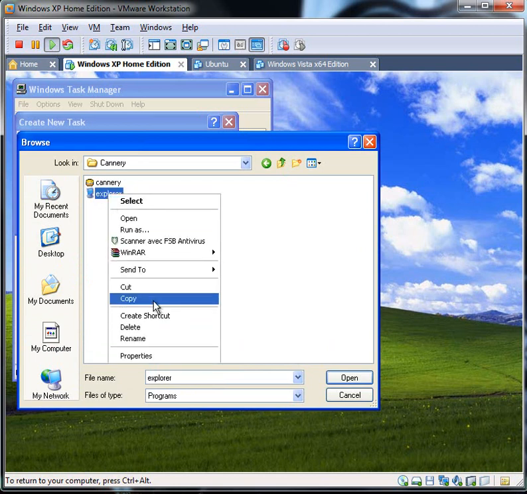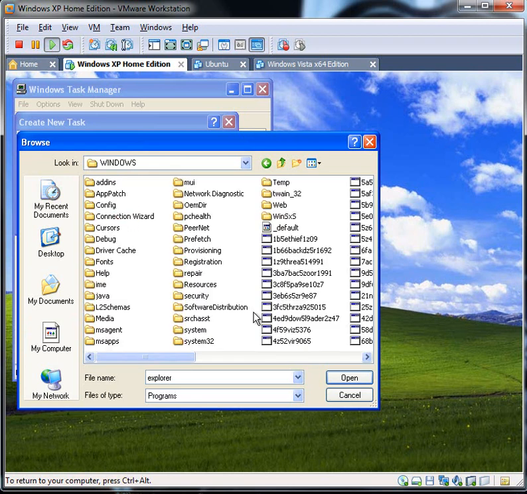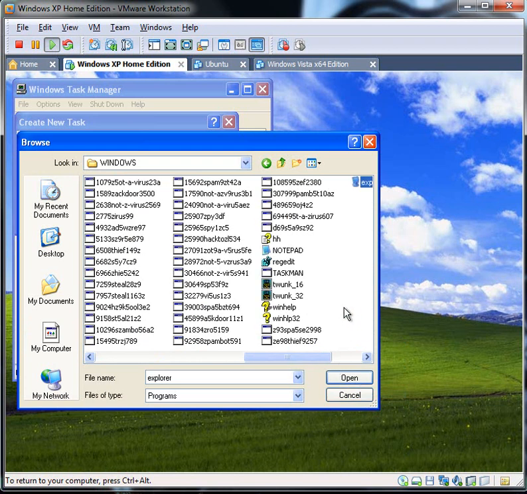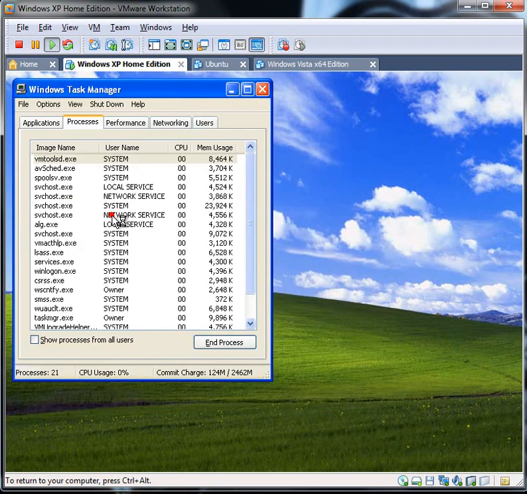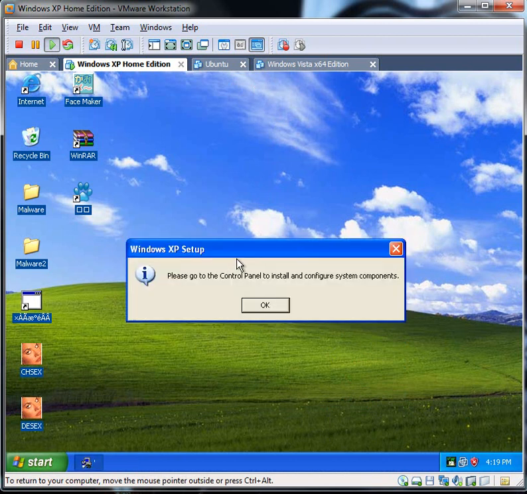We're going to copy that. If we go up here and then go to local disk C, and then go to Windows, and then right click and paste Explorer.exe, and then open. Okay, let's see if we can get my system running here. Bingo. Now we are running,